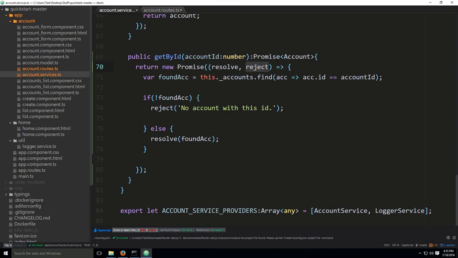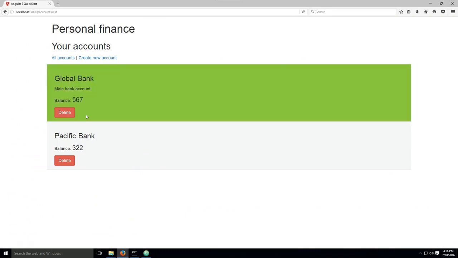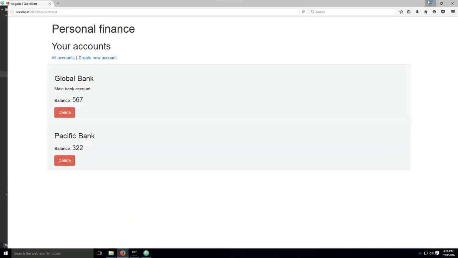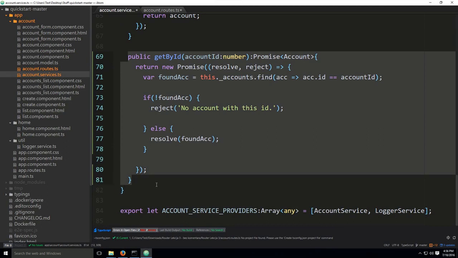Well, welcome back. Today we're gonna do something simple, but we're gonna need to type in a good amount of code. What we want is when we go to this page, personal finance, and we go to the accounts list, if I click on a particular account, I want to get the details on that account. In order for us to achieve this, we're going to go into the account services.ts and insert